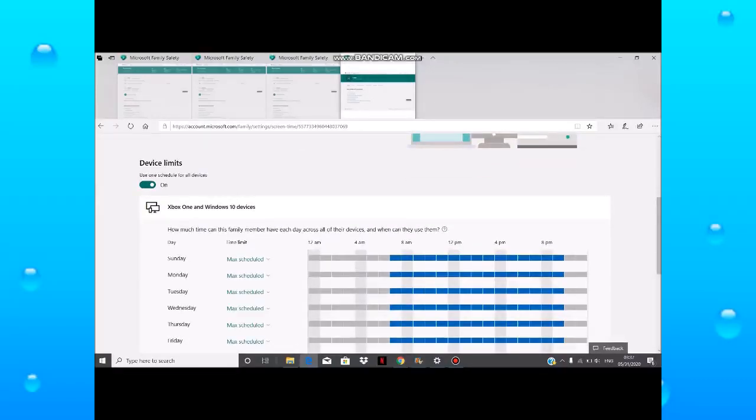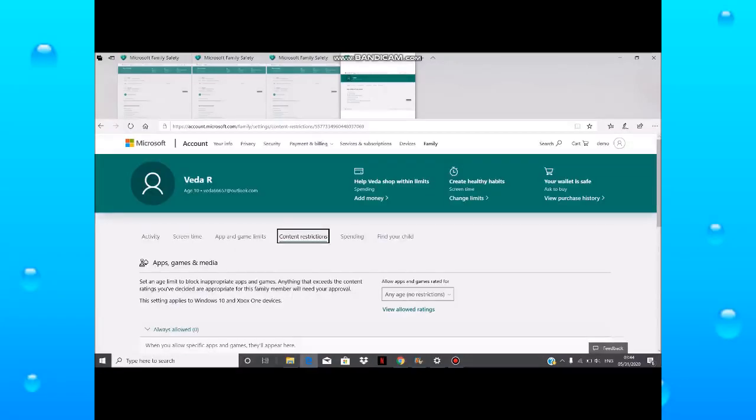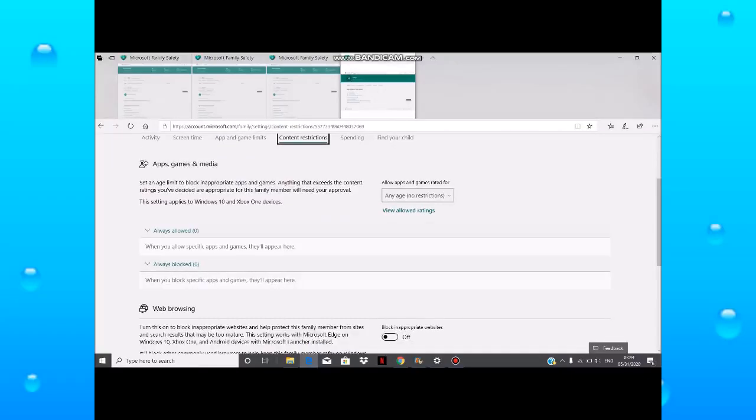You can set limits on these devices by activating Screen Time Limits toggle button. Click on Content Restrictions. We can set what your child can purchase, age limits for games and apps, block applications and block websites, or set a list of websites that are accessible.